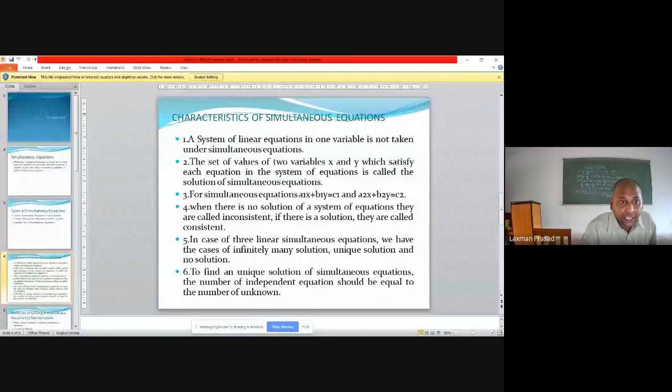It means the equation system is inconsistent. If there is a solution, it is called consistent. Here there are two situations: there is a solution, or there is no solution. So inconsistent and consistent. The next point, in case of three linear simultaneous equations,